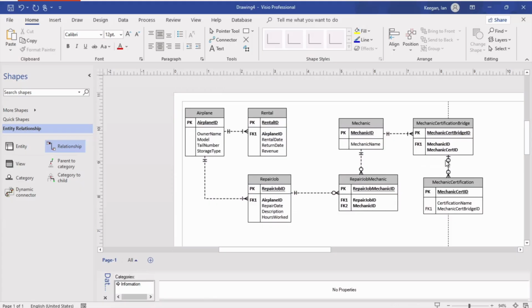And the mechanic certification bridge. This basically says mechanics must be certified to repair specific models. All relationships are one to many in this table. And this table basically tracks the rentals and what airplanes are